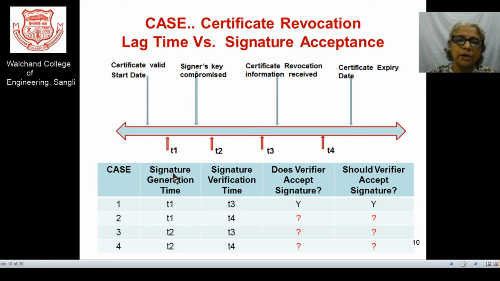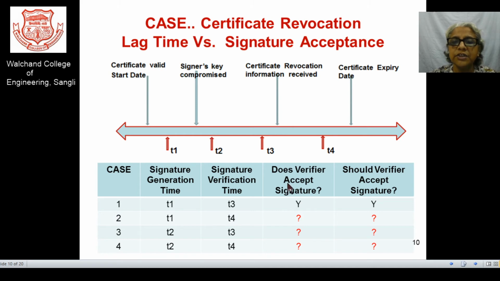This is the first situation: the signature generation time is taken as T1, which is after the certificate is made valid, and the verification time is T3. Whenever the verification is carried out, the person has already left the company.